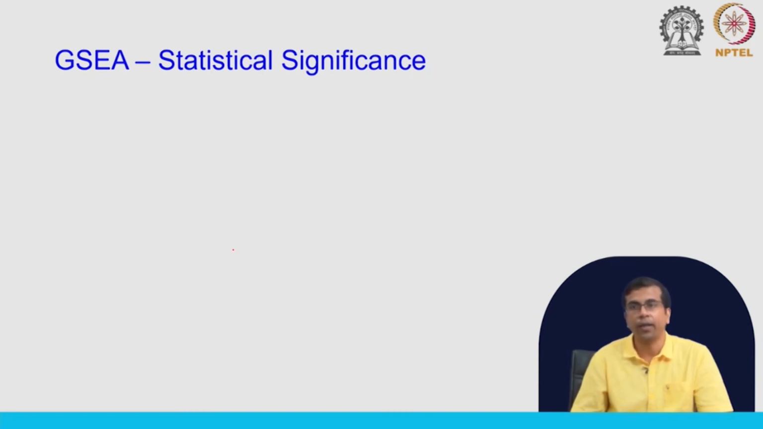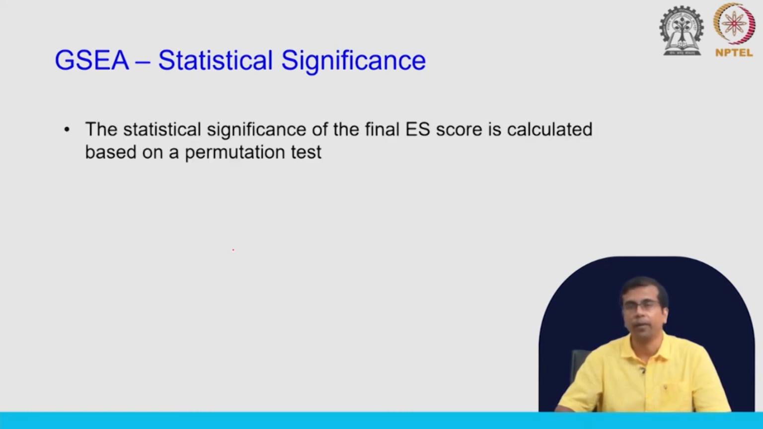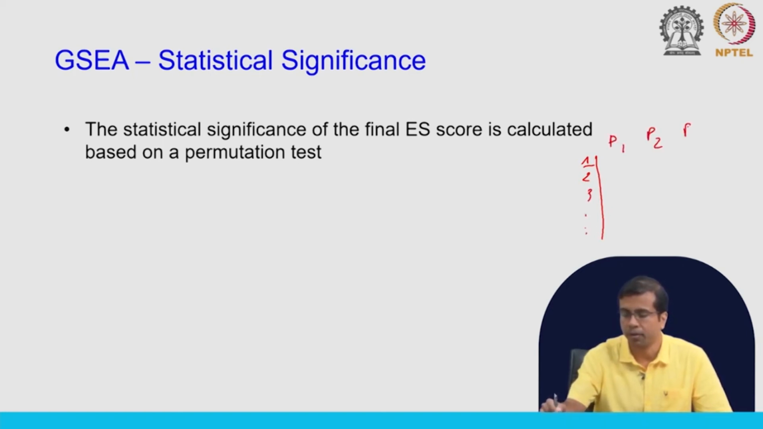So, this is a very important part. You can generate any score, but you need to say whether this is statistically significant or not. Okay. So, in case of GSEA, the statistical significance is calculated based on a permutation test. How does it work actually? You can imagine you have this rank list of genes, rank 1, 2, etc. You have the phenotype labels, for example, P1, P2, P3, P4. So, you have these data sets,